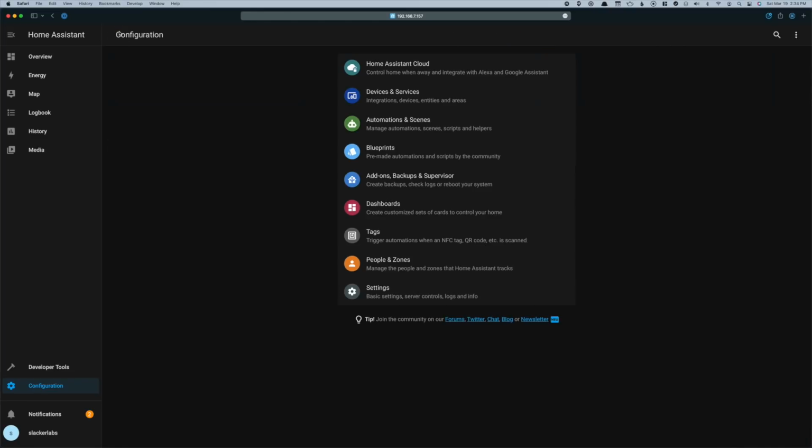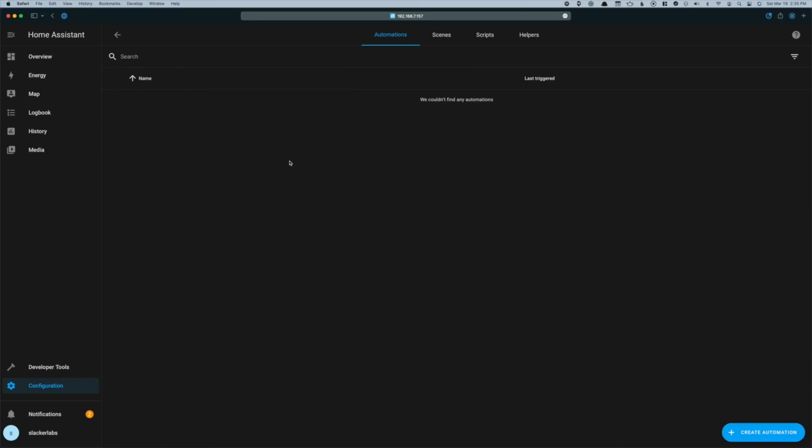The next option in this configuration menu is Automations and Scenes. In Automations, you can start to automate all of that BS in your house. We really need a whole video to get into the details of automations. But any automation you add here will be stored in the automation.yaml file, which we'll see here in just a